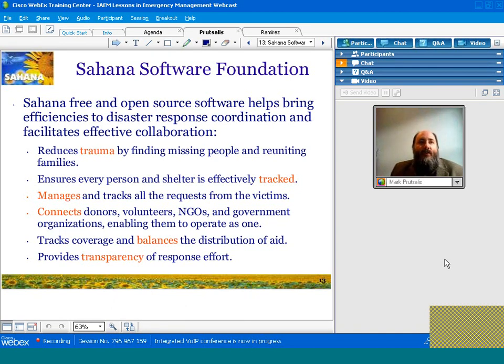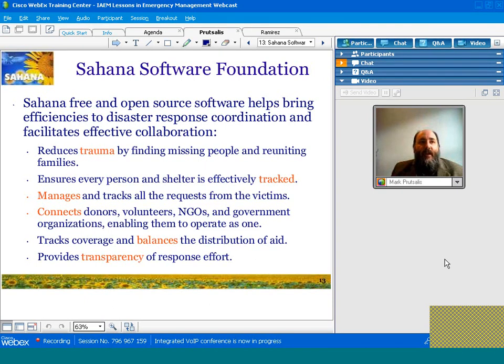It provides systems that allow disaster response organizations to effectively collaborate and share information with each other, and to leverage non-traditional information sources by providing tools that address a number of the tasks that face responders, from reuniting families and tracking missing persons, to understanding where shelters are, managing and tracking aid requests. And all of that serves to provide some transparency to the response effort, which is very important to any organization